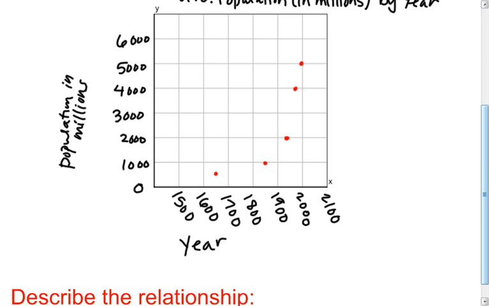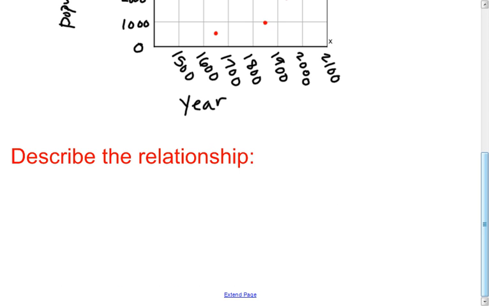Okay, then I think I forgot to do this on the last problem, but describe the relationship. What I want you to do is tell me this. What's happening on the x-axis? So, as whatever's on the x-axis, okay, so that you can kind of follow this formula. In this case, it would be years. As years, and then you're going to tell me, do they increase or decrease? So as I'm moving to the right, are my years increasing or decreasing? And if I'm going from 1500, 1600, 1700, 1800, my years are increasing. So as years increase,